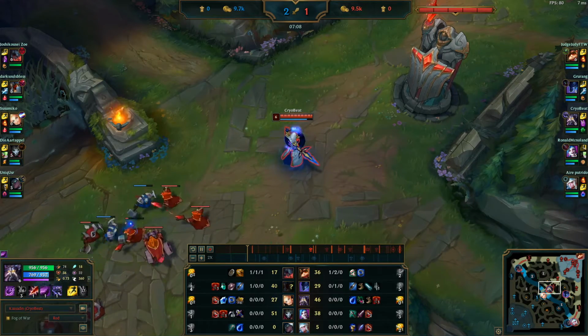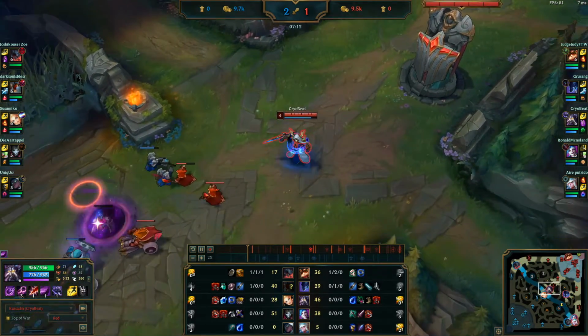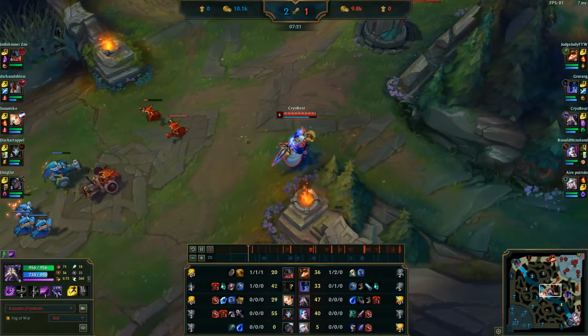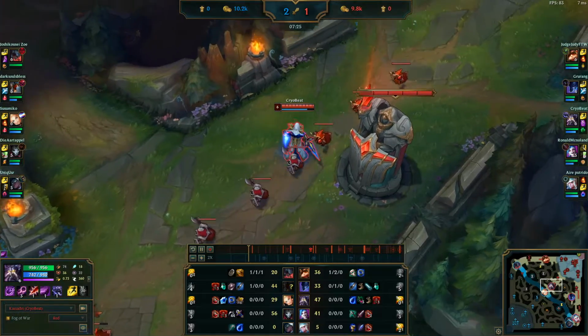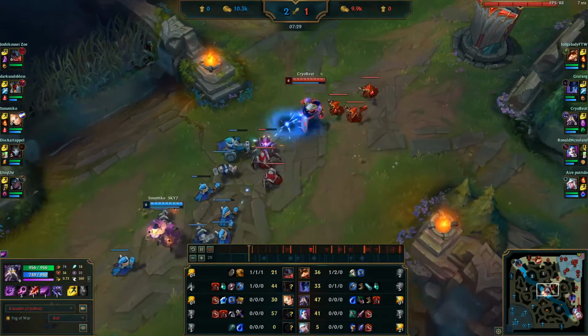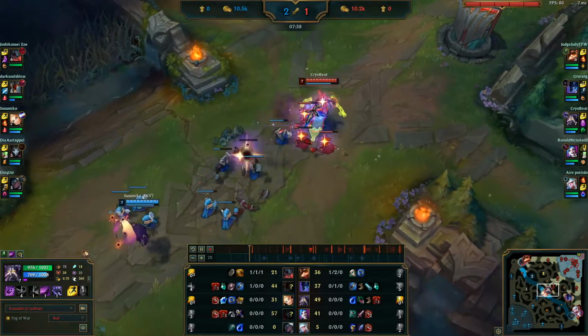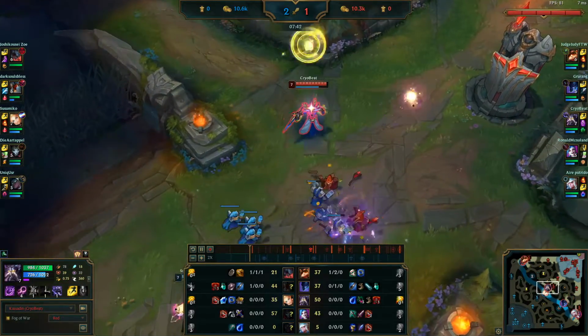The other end is like Electrocute. No, it's not Electrocute, sorry. Fleet Footwork, which is just you get healing when you also attack something. I just missed a minion. You get healing when you also attack something, whether that's a minion or a champion, which is great for sustain and move speed. It doesn't have much offensive use later on, but at least you get some move speed